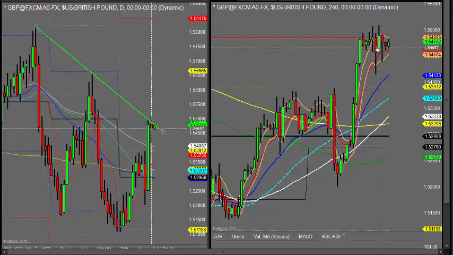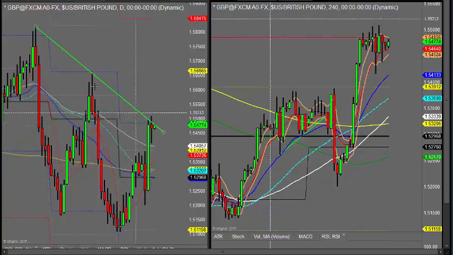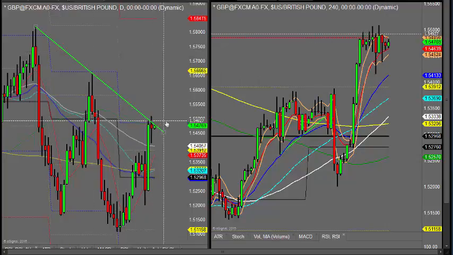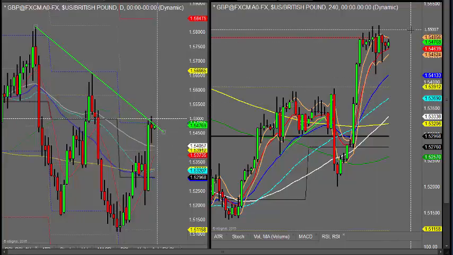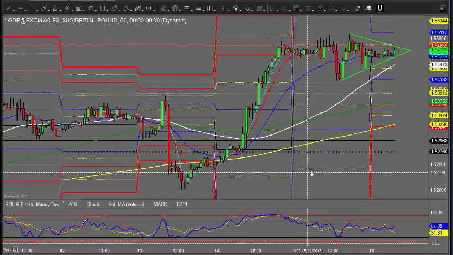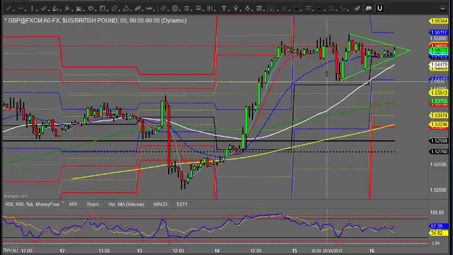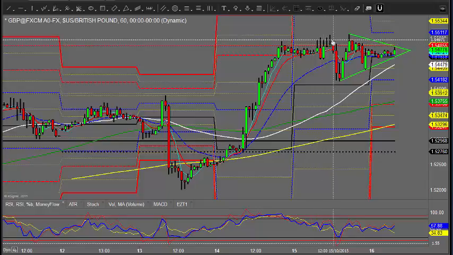Well, you see this sort of consolidation. It's not just the trend line here. If you look at the round numbers, we're pretty close to the 155 area, and this in itself, there may be supply around this area, which we identified yesterday when we looked at it for quite some time. The price just couldn't get into that sort of zone.